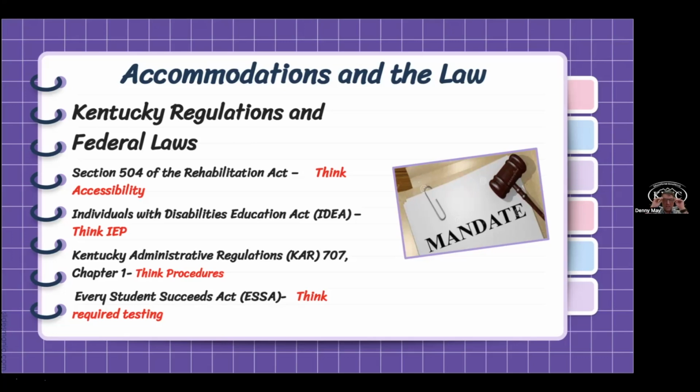You're either going to be tested like every other student without a disability on the KSA, or you're going to have an alternate testing attempt. And when we talk about alternate testing attempts, we're only talking about 1% of our population. When we go above 1% of our population, we receive some scrutiny from both the feds and the state. So that's a little bit of context on where this law is mandated from, and what drives the fact that students that have disabilities are also tested, and they're tested with accommodations.